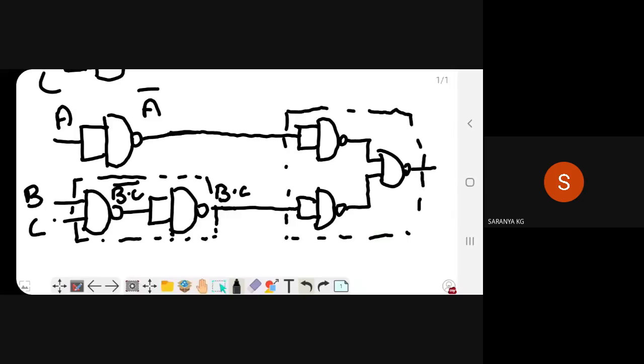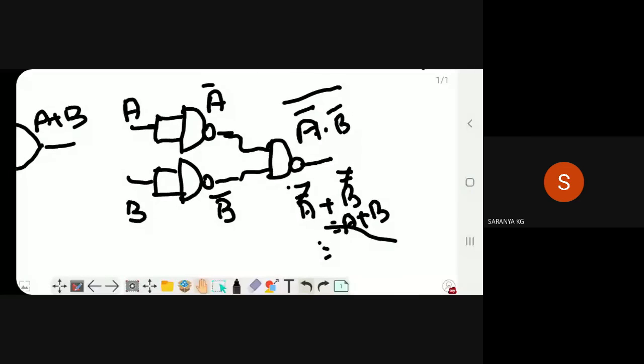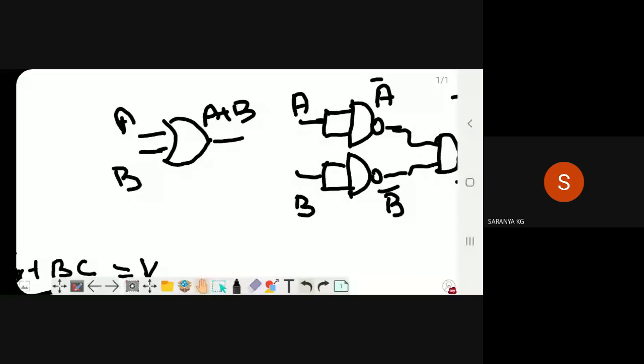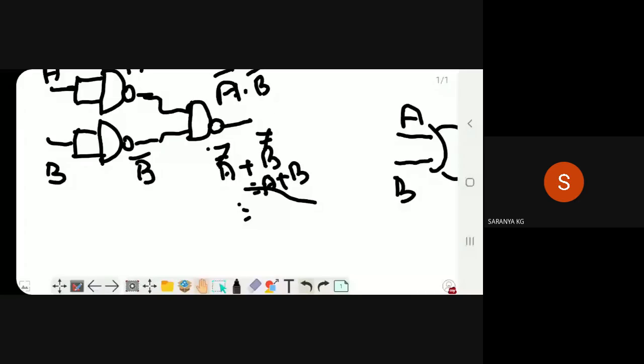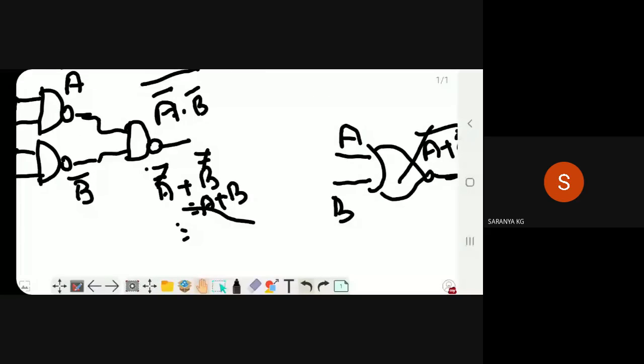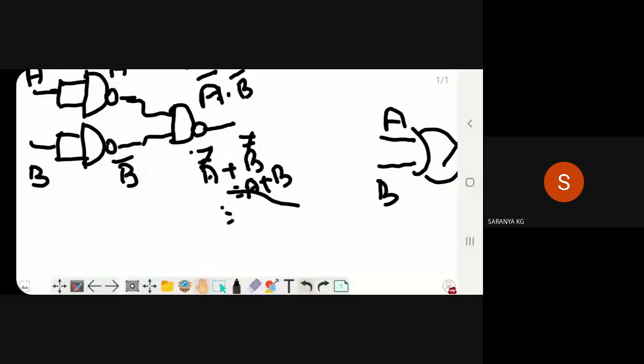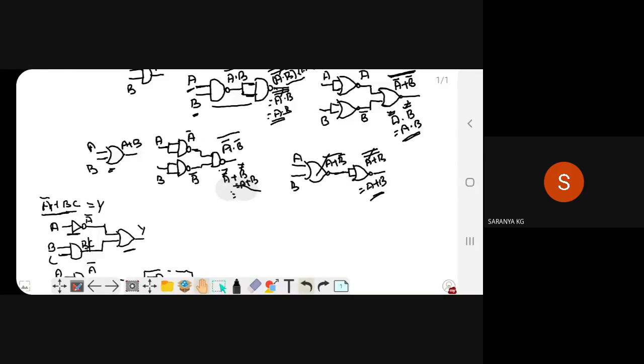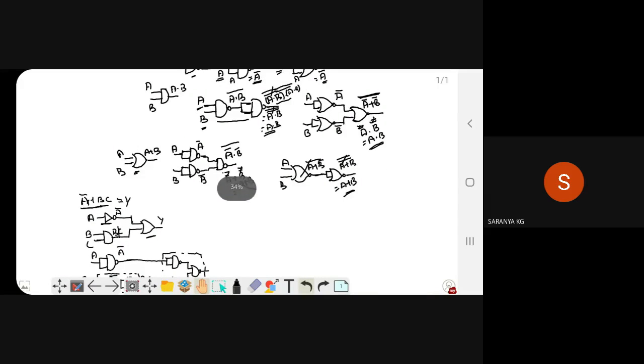For the OR gate, the NAND gate implementation is like this.